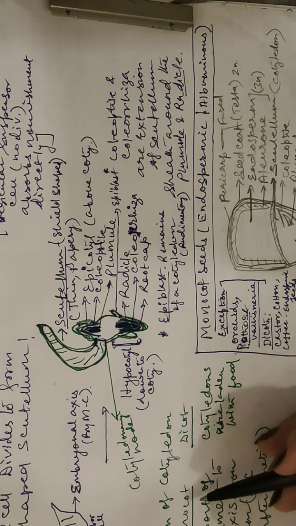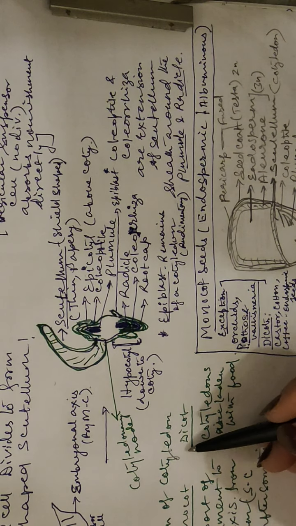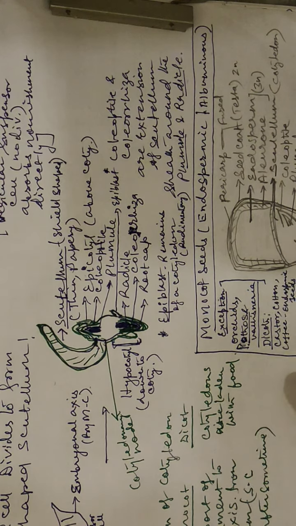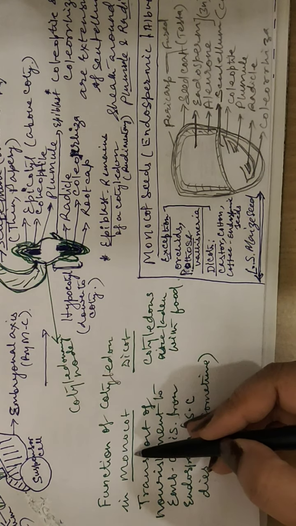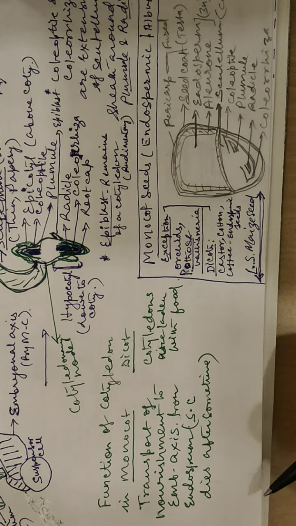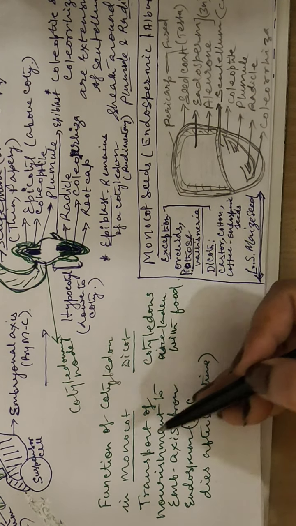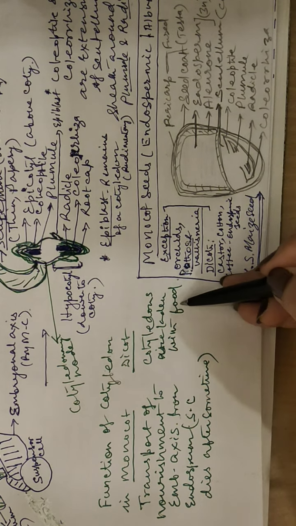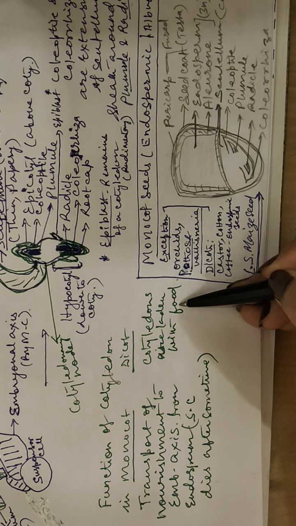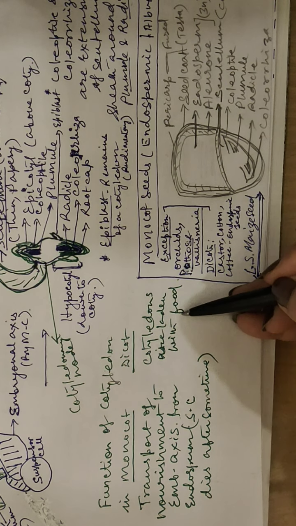what is the function of the cotyledon? So I have written here. The function of the cotyledon, basically, you can see that in the case of monocots and dicots, they are playing different roles, because in dicots the cotyledons were quite rich and laden with food, because the suspensor was long and it pushed the embryo inside the endosperm. So the entire food nutrition went to the cotyledon, so it was laden with food.